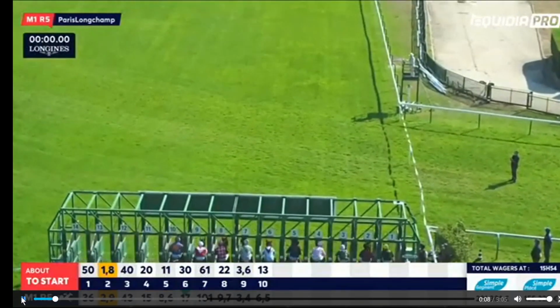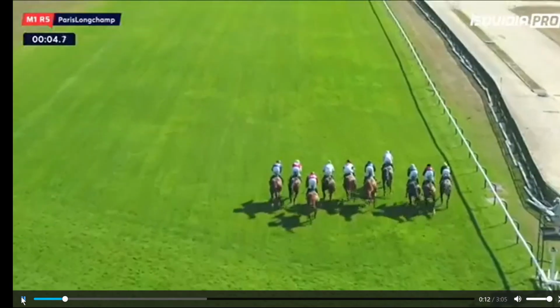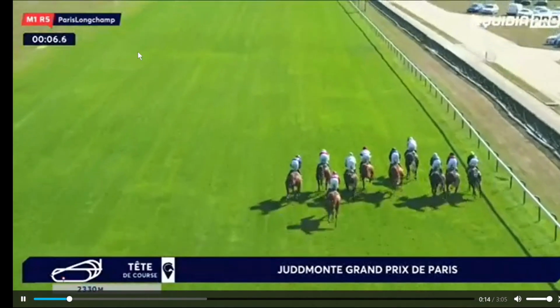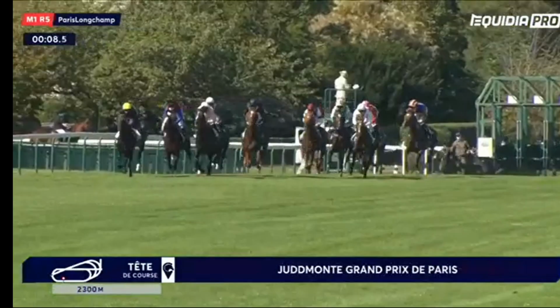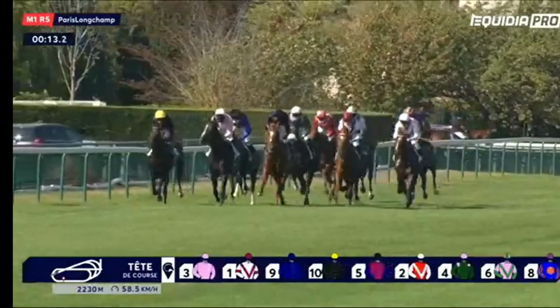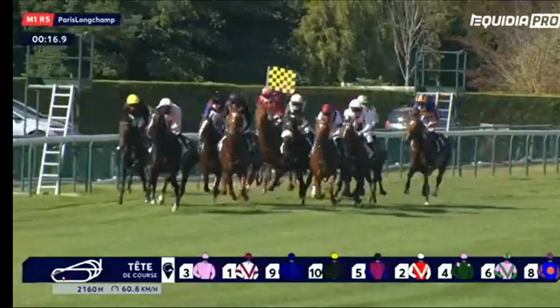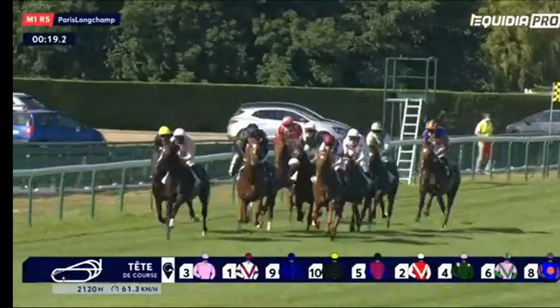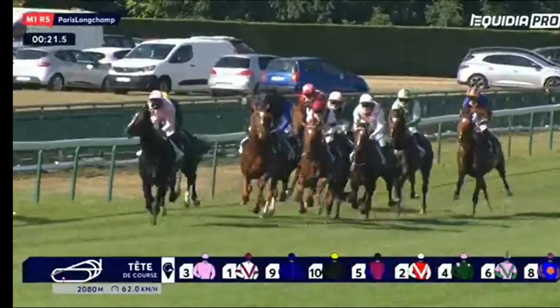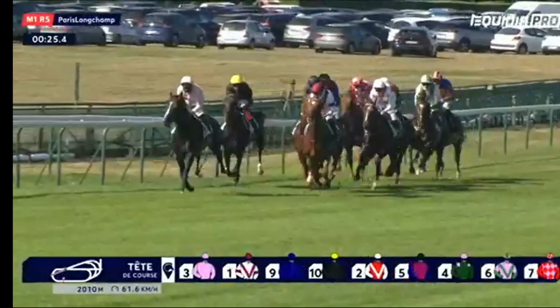And set. And away they go, 2,400 metres, 1.5 miles is the trip. The pink jacket of Nobel Prize is the first one to go through and lead. On the left is English King, a black jacket and yellow cap. The dark blue of Serpentine, the chestnuts right in the middle of the picture. Off to the right there in white and maroon colours is Hazem. Right behind him in white and red is Port Guillaume, the nose-banded